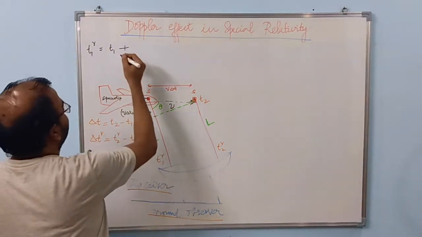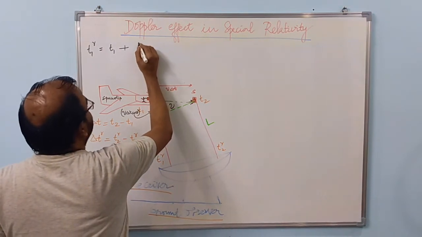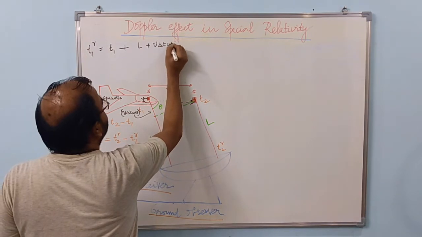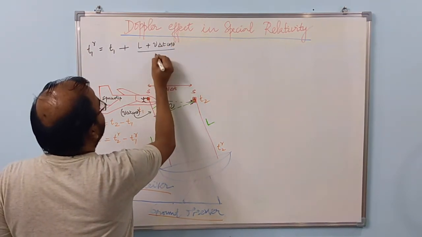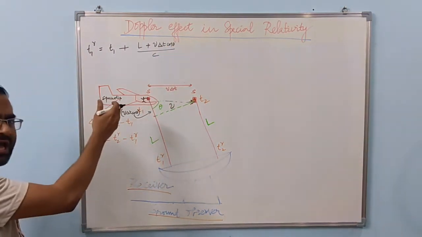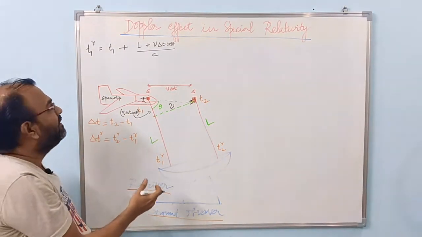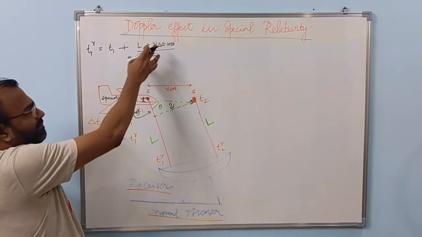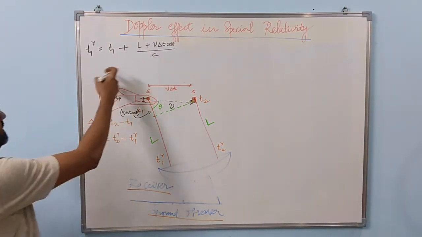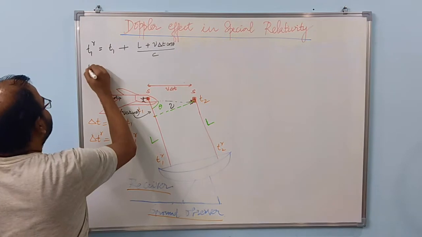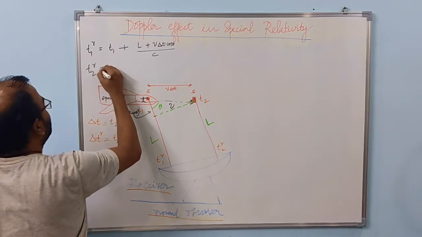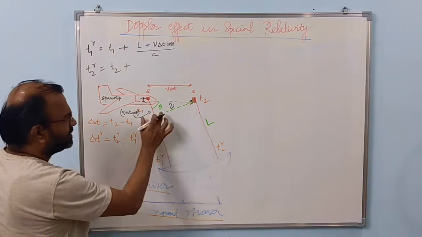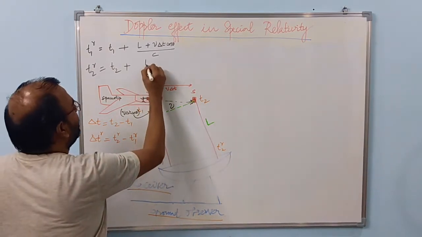So therefore this time is t1 plus L plus V del t cos theta over c, because c is the speed at which this light signal will travel. So the distance over velocity is going to be a time, right? So that is the time. Similarly, for the second signal t2r is going to be equal to t2 plus, here the distance is only L, no extra distance here, so it is just L over c,